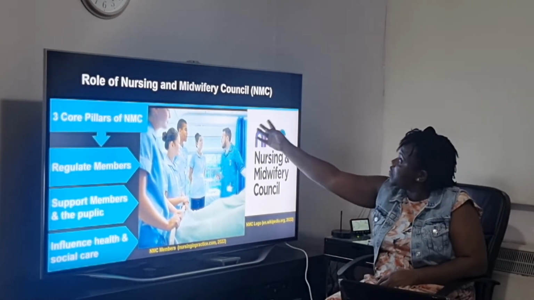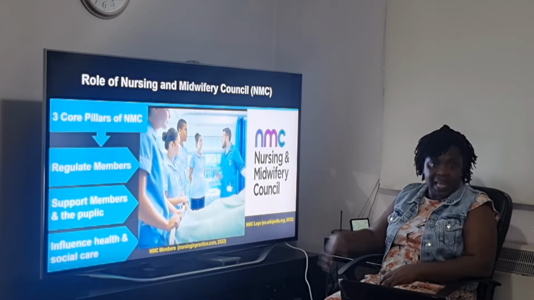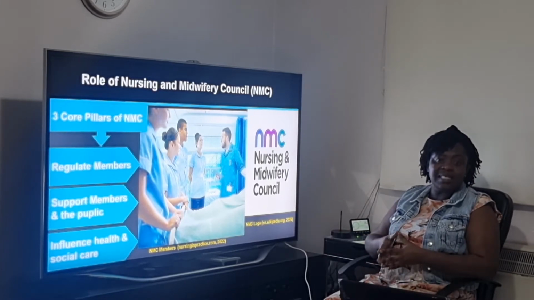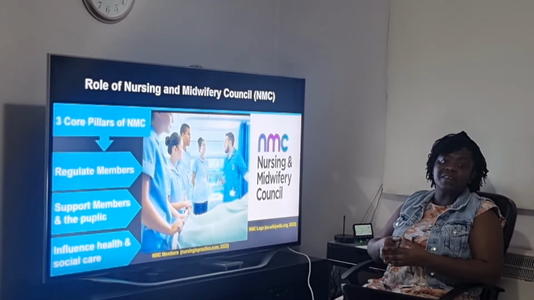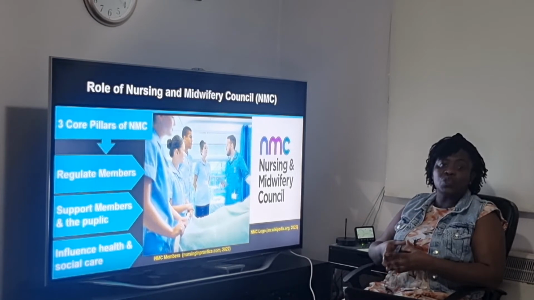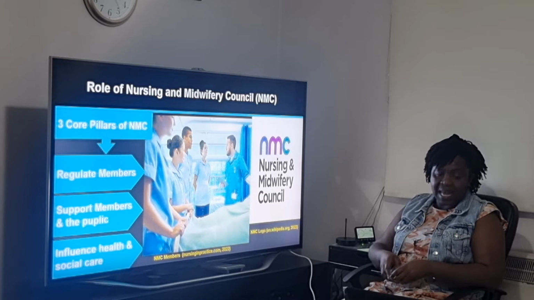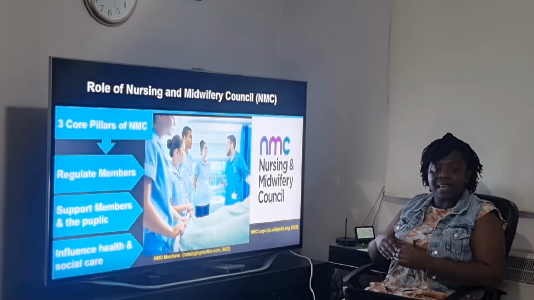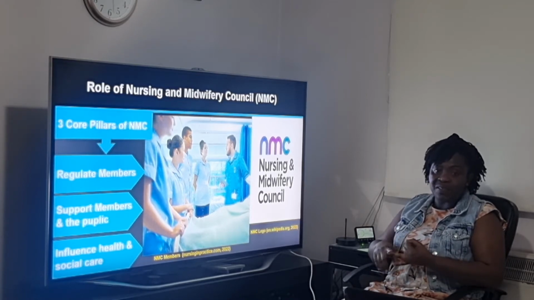Role of the Nursing and Midwifery Council, NMC. The Nursing and Midwifery Council is a regulatory body for nurses and midwives in England. It was established in 2001 under the Nursing and Midwifery Order established by Parliament. The aim of the NMC is to maintain a register of nurses, midwives, and health visitors through setting and monitoring standards